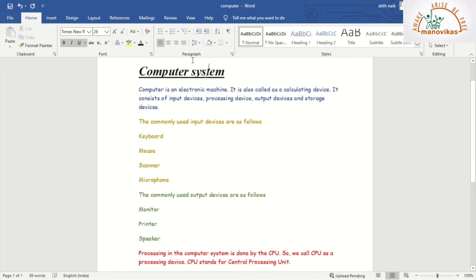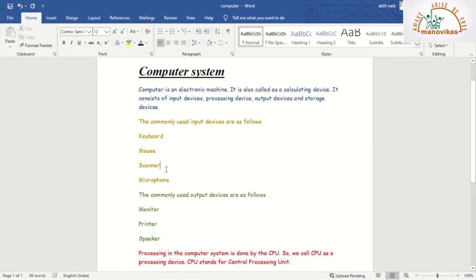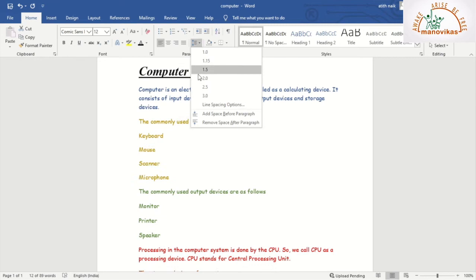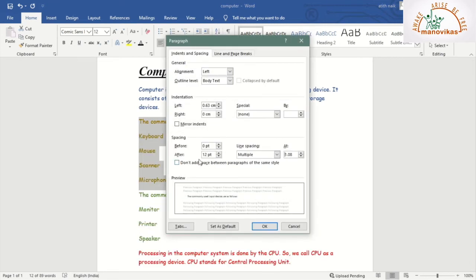Then we have line and paragraph spacing. Line and paragraph spacing reduces the space or increases the space between your lines and paragraph. To reduce the space in between these lines, I select the text, click on line and paragraph spacing, click on line spacing options.